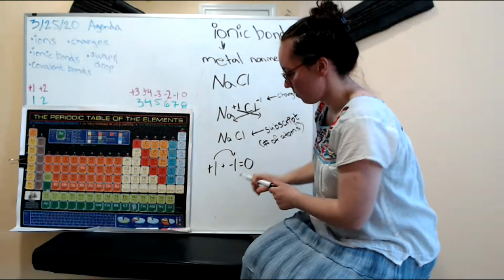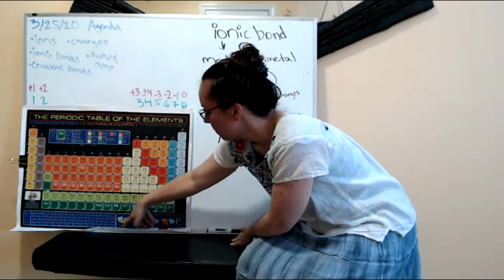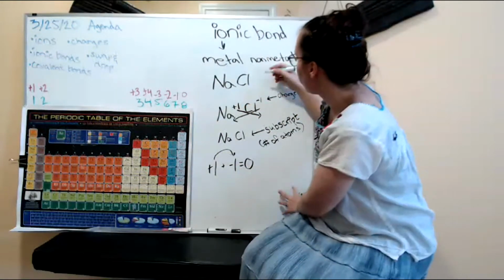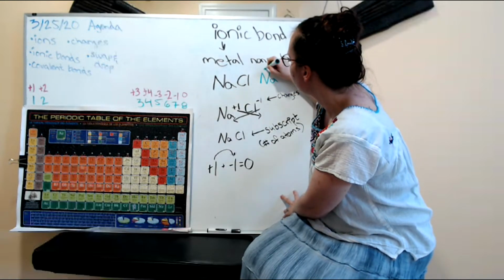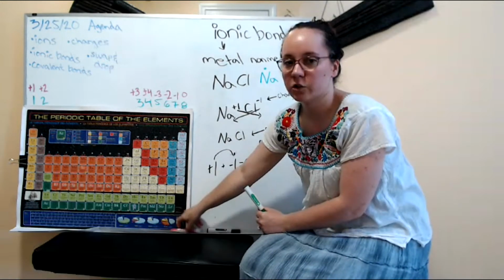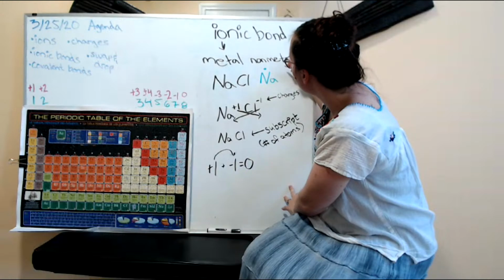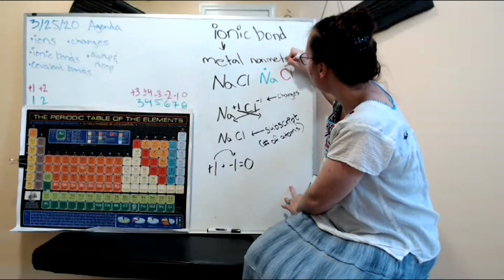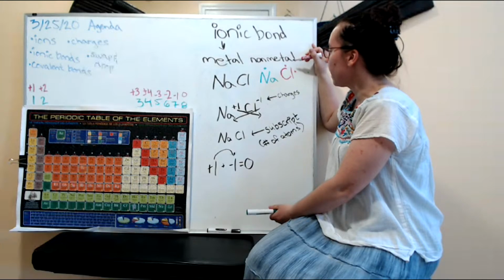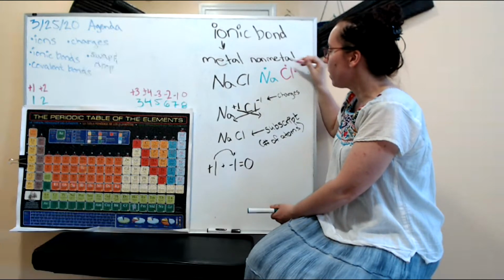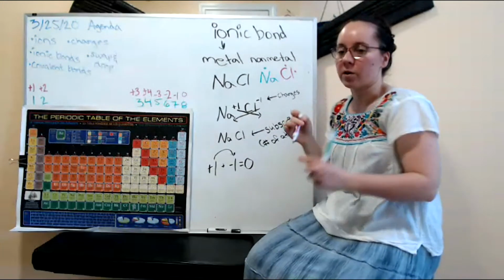So I'm going to use a different color. For sodium, sodium's in group 1, meaning it has 1 valence electron. Chlorine is in group 7, meaning it has 7 valence electrons. So you start from the top and then you start going around, putting 1 electron per side,